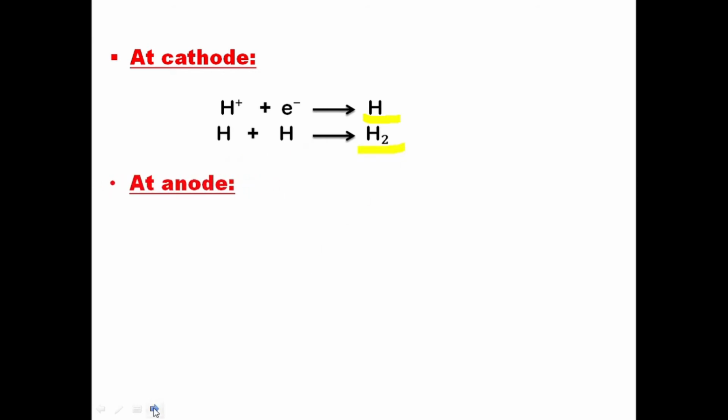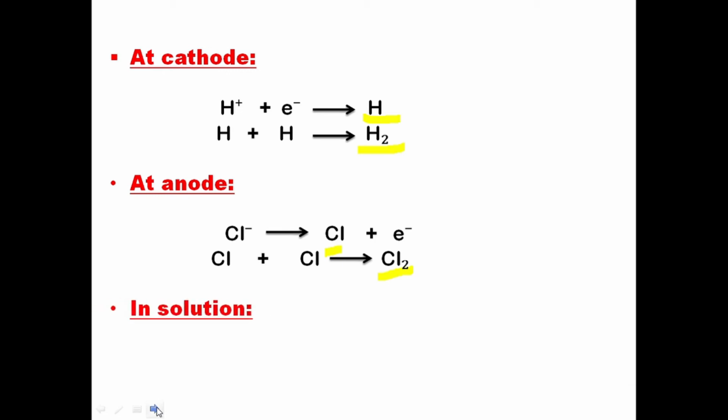At the anode, we observe that these are the reactions, where chloride ion loses an electron to form a chlorine atom, and chlorine atoms again combine among themselves to form chlorine gas. Since the hydrogen ion and the chloride ion are liberated at the cathode and anode, and they form hydrogen gas and chlorine gas respectively, in the solution, sodium ions and hydroxide ions are left, which combine with each other